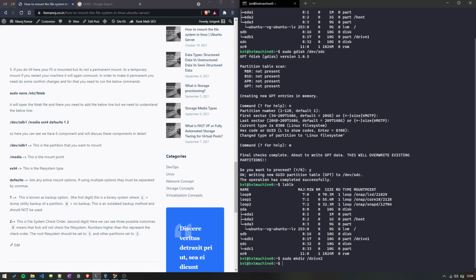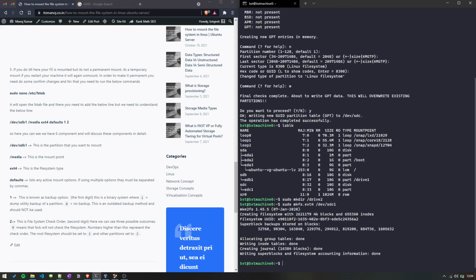Our mount point is created. Now we need to make a file system on that partition. We'll do that with sudo mkfs.ext4 /dev/sdc1, and it's created a file system for that.